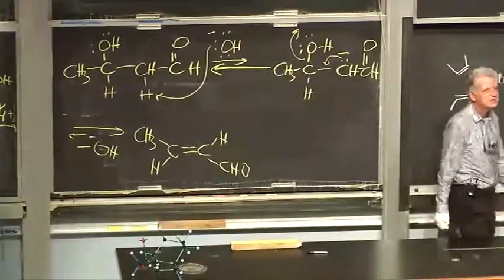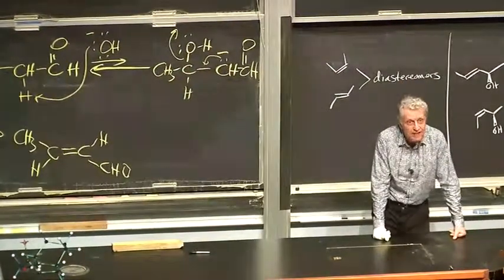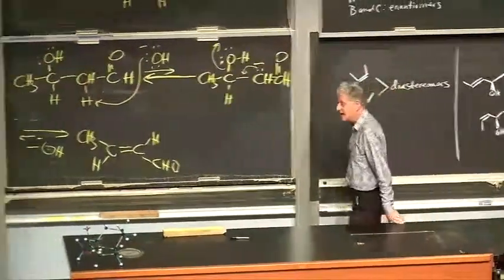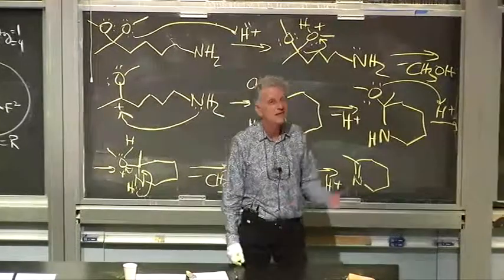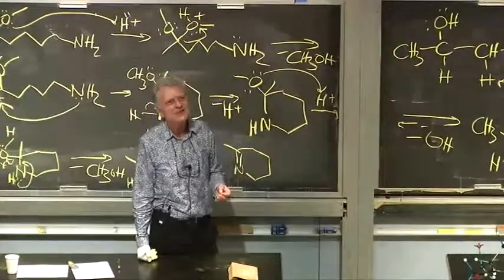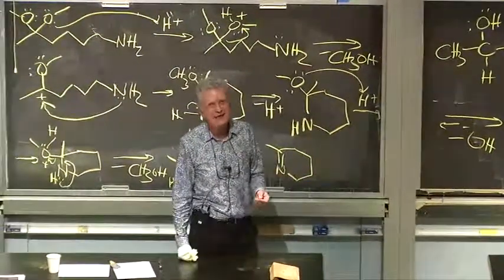This elimination of hydroxide is very unusual. This is actually only the second case where we have hydroxide as a leaving group. Remember, we drummed into you in 3A, hydroxide, never a leaving group, terrible, because hydroxide anion is a very good nucleophile and a strong base. So it doesn't leave. Well, there are exceptions. It leaves, or maybe one should rephrase this, it's being kicked out